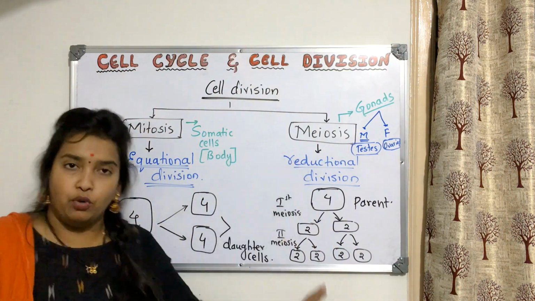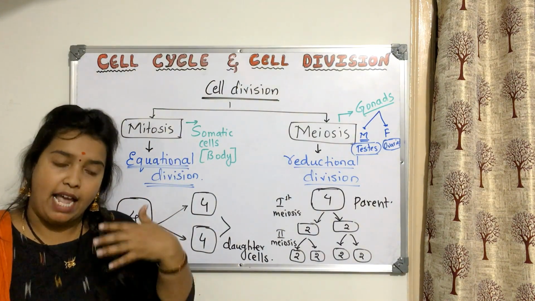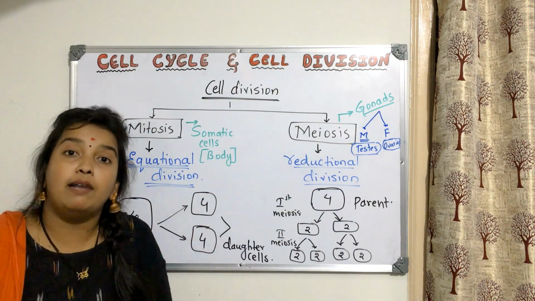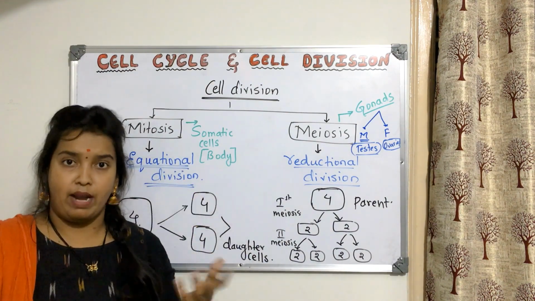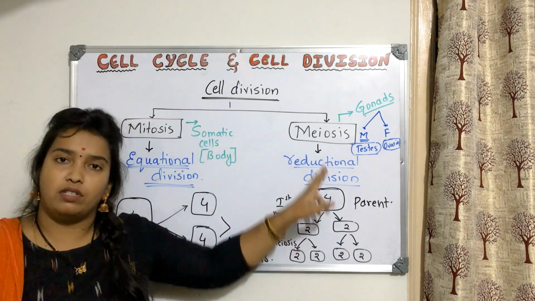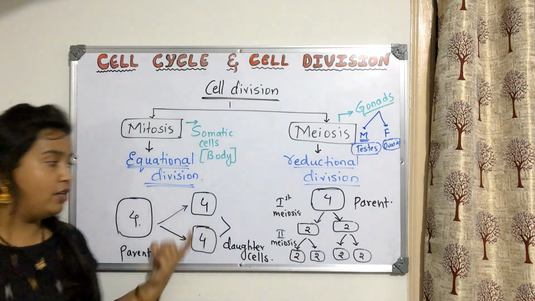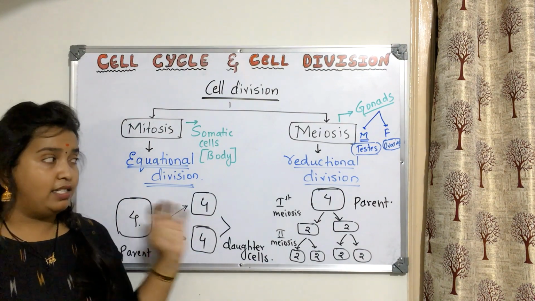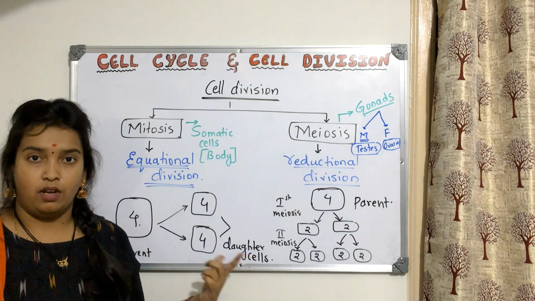What I am trying to convince you of is that, in the human body, everywhere the body is developing because of mitosis. Then where is meiosis helpful? When the body starts producing gametes, when males start producing sperms and females start producing eggs, there meiosis is happening. I hope I made it clear. This knowledge of mitosis and meiosis plays a very important role. You should understand this clearly, then only you can understand the next things. Okay, please take down.